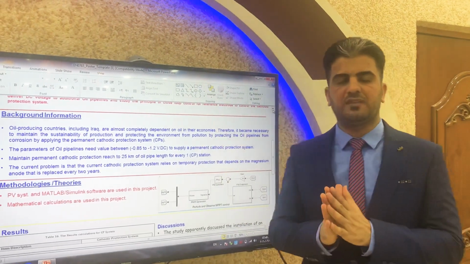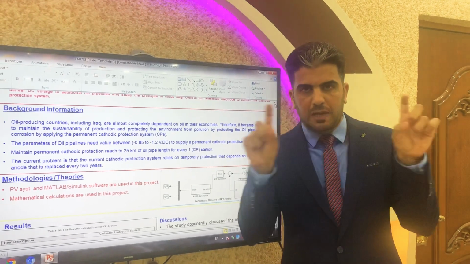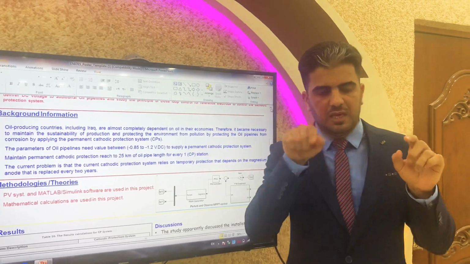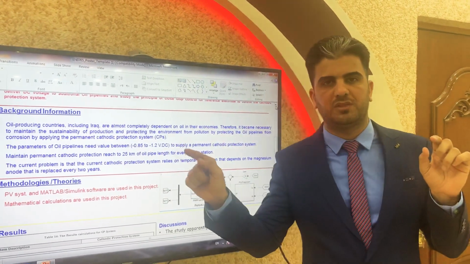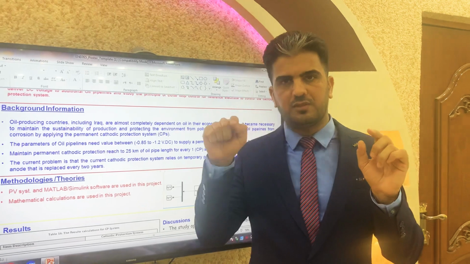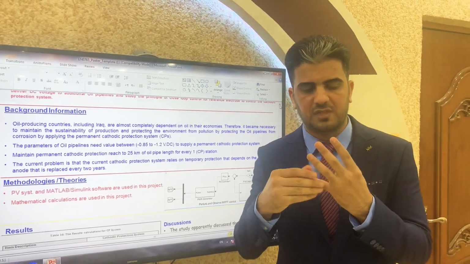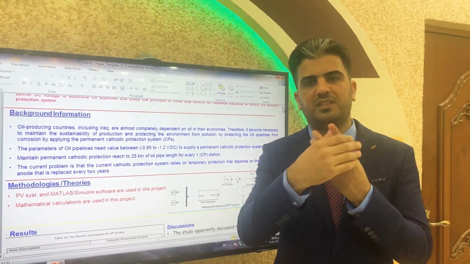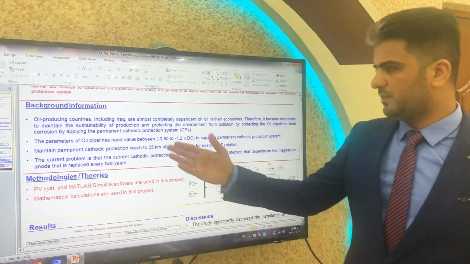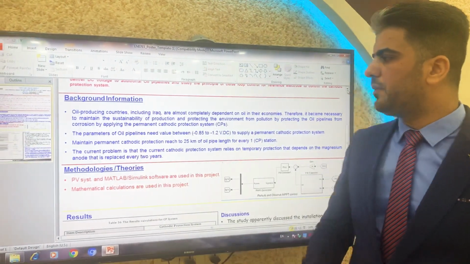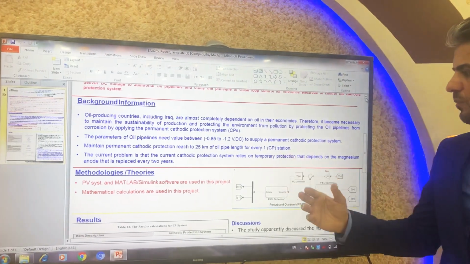So in this project I suppose one pipeline with 3 layers. This one pipeline length is 100 kilometers. So with 100 kilometers I need 4 CP transformer stations, one for every 25 kilometers. To maintain permanent cathodic protection for the oil pipeline, every 25 kilometers needs 1